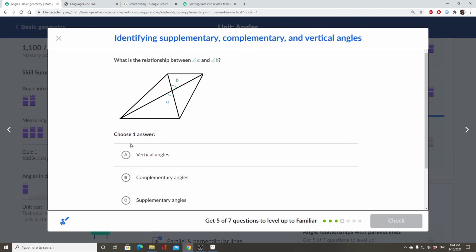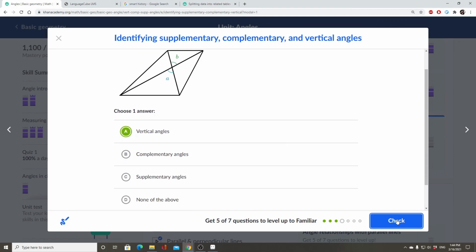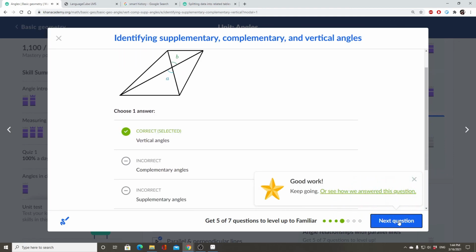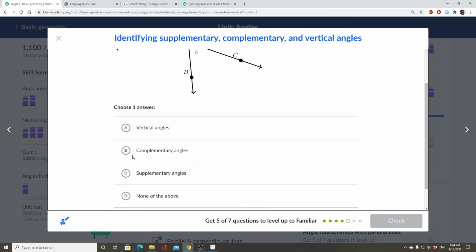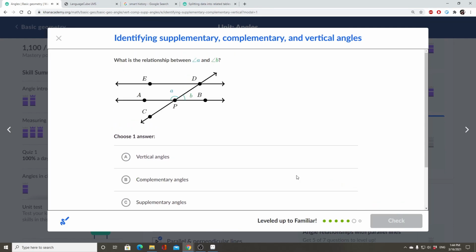Okay, B and A, these are definitely vertical angles. And I guess they're called vertical because they share the same vertex, maybe? I don't know. I'm guessing. Could be the case. There was a video I watched about this where they probably explained it, and I just zoned out. I'll have to look at that again, or maybe not. Maybe I won't. Okay. And then this is 90 degrees, so these are complementary.